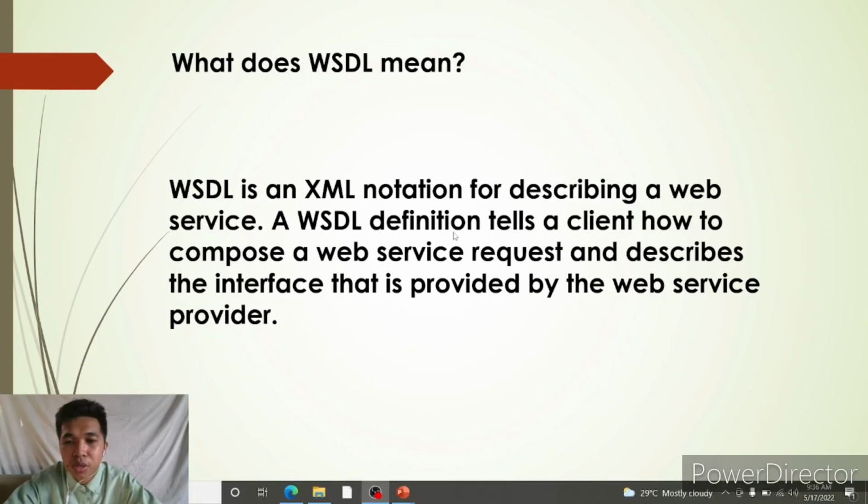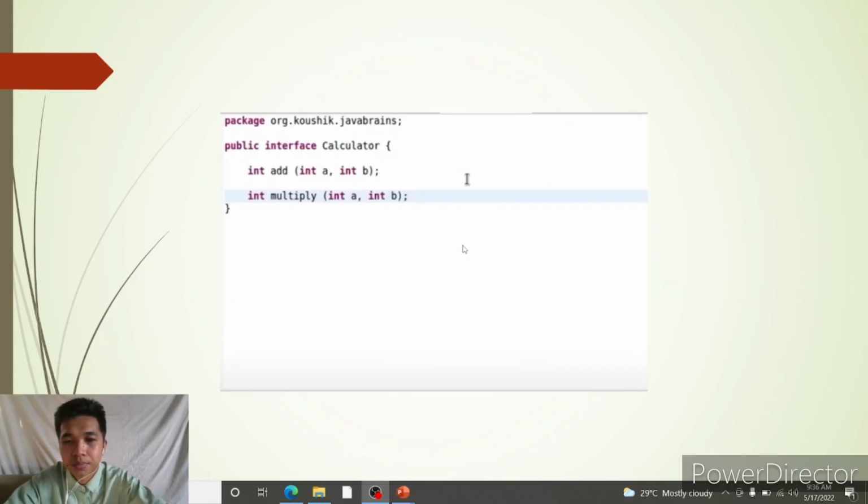To understand more about the WSDL, you need to understand the interface. For example, let's have an interface named Calculator. This is a standard Java interface. Calculator is the name of the interface, and public is the scope, which is what you want the user to use.